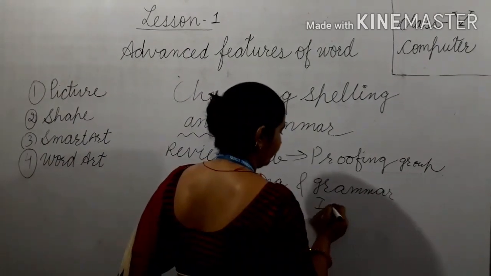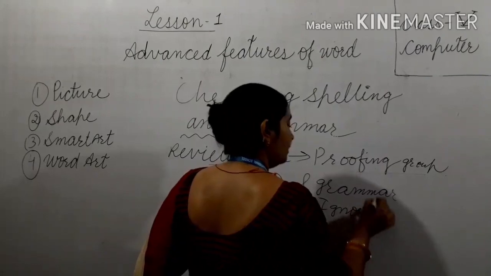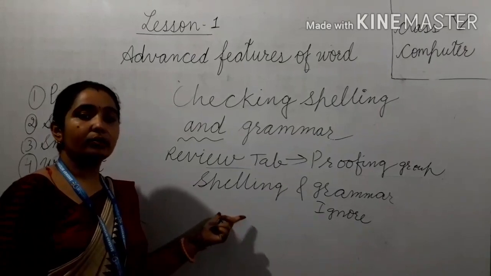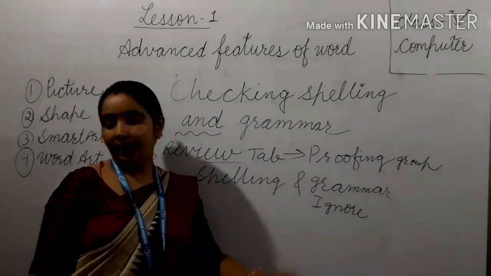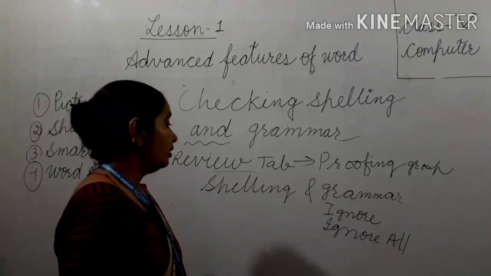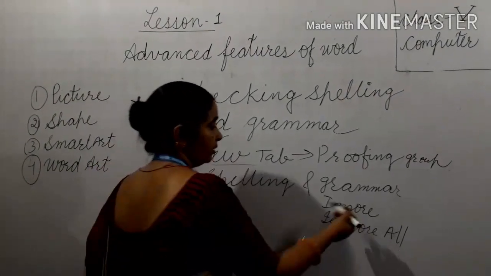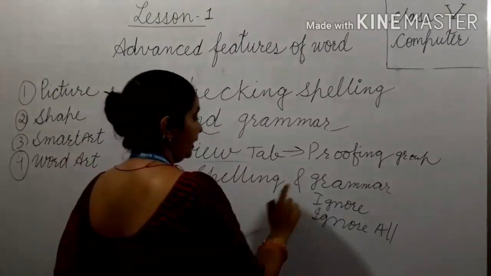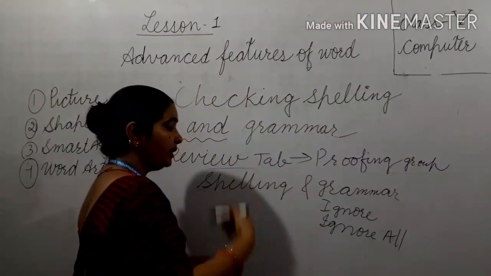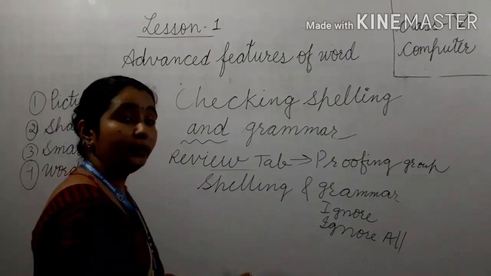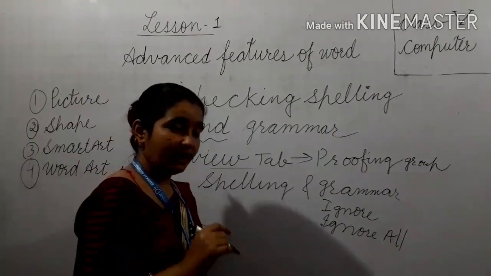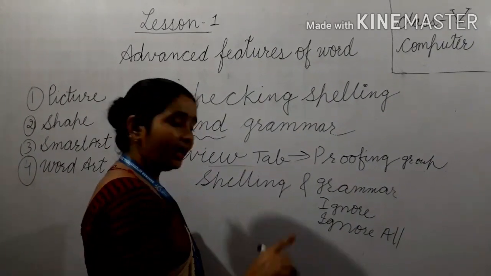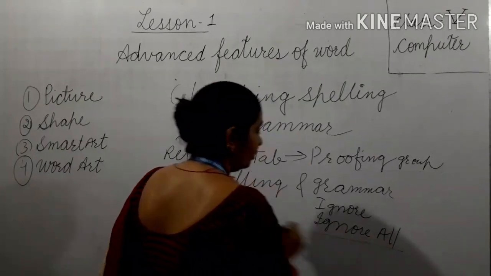One is ignore. Ignore means don't choose the spelling. आपने spelling गलत लिखी है but आप नहीं चाहते उसको change करना, then you will click on the ignore button. You will get the following options. One is ignore. If you don't want to change the spelling once, then you will click on ignore. But the spelling is repeated so many times, just I told you that like an organization's name. Because maybe it is not added in the computer dictionary. So you can do one thing, you can ignore all.